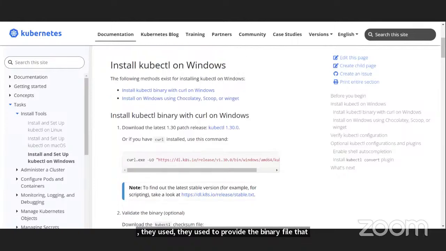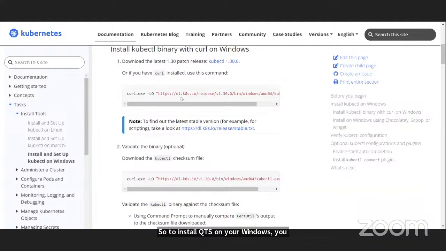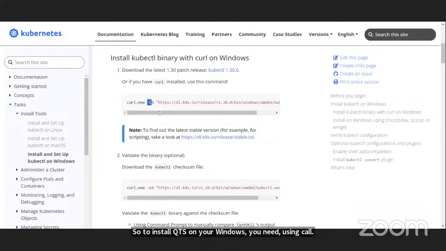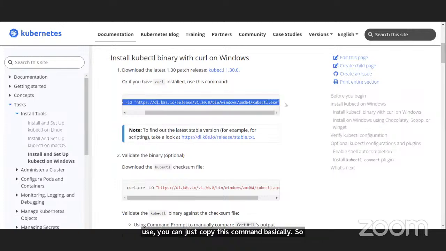So to install kubectl on your Windows, you need to use curl. To use curl, all you have to do is open your PowerShell. When you open your PowerShell, you can just copy this command. So when you copy this command, let me go back to my